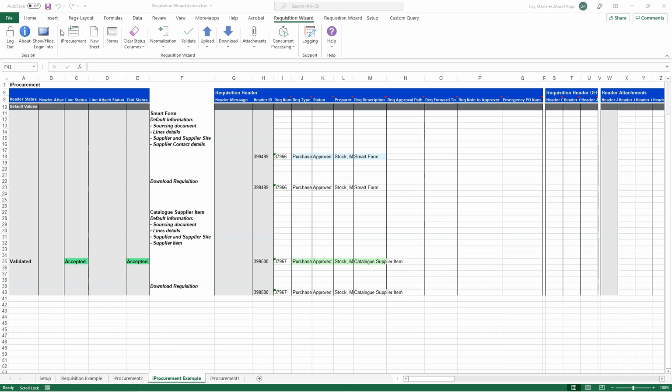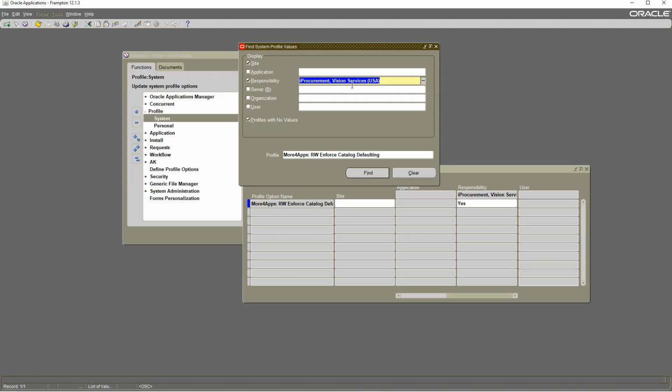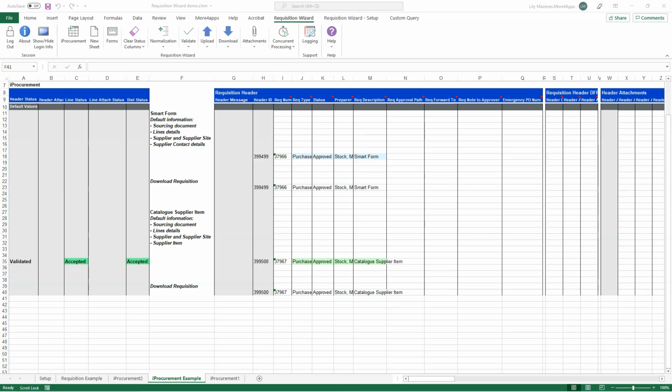Using the mode iProcurement from Requisition Wizard, you'll be able to use your supplier catalogs. This will default information on your requisition, like the sourcing, document, line, details, supplier and supplier site, and supplier item. First, you will need to activate this profile option, connect to your Oracle instance using the login control, and then